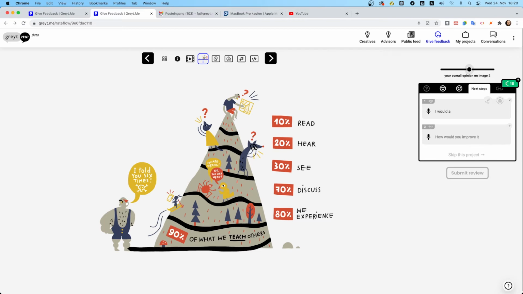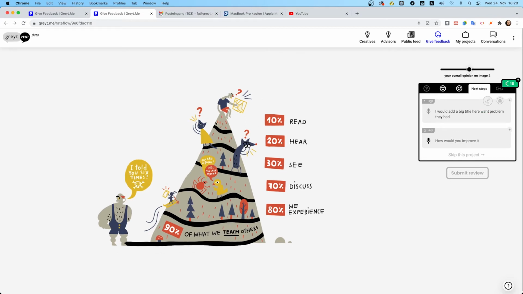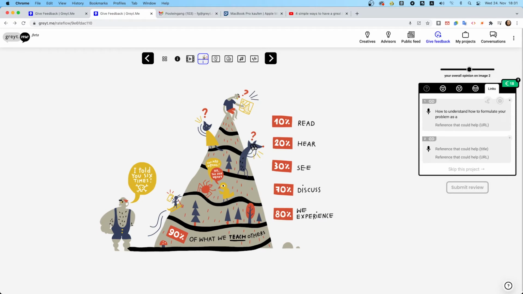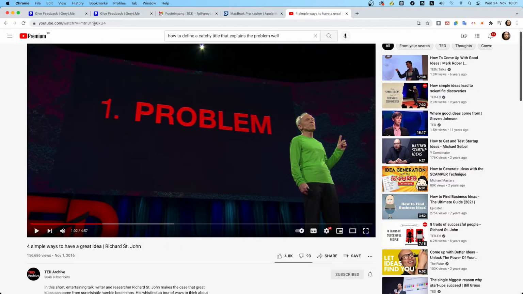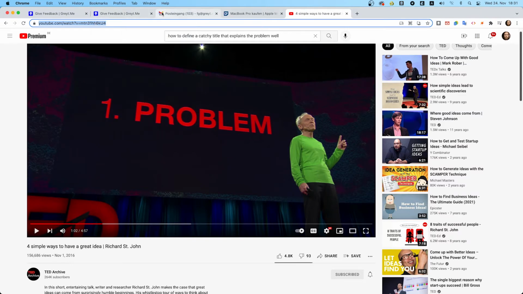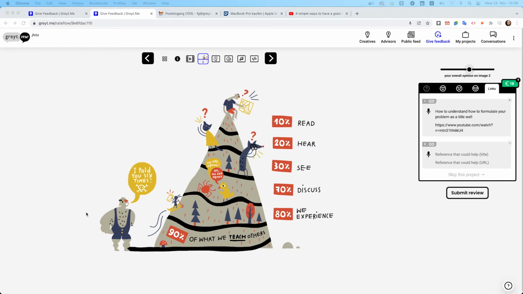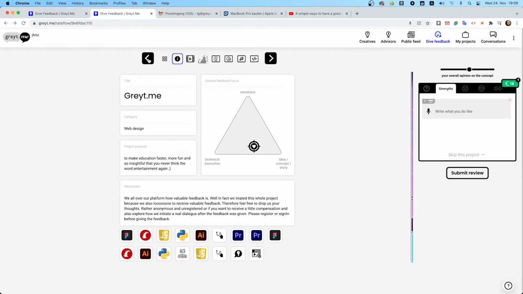In the next steps, you ideally start stepping into the shoes of the creator. Think, which changes would you make to make this project much better? Start with the simple and easy aspects and then go towards the more complex ones. At the right side, you may leave links for helpful tutorials or similar artists that could inspire the creator. Give the link a clear title and then paste the link here. Now let's look into the overlying structure and the content-specific feedback tools.